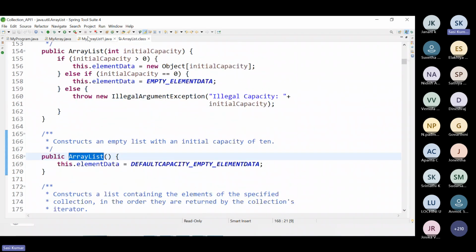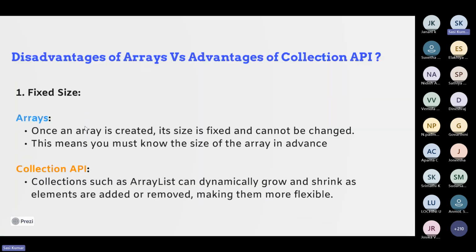So consider you are trying to add 20, 30 elements. Again the size will keep increasing, with limited spaces. So this is the main advantage. In arrays, once an array is created, it is of fixed size and it cannot be changed, neither decreased nor increased. But using the collection API or ArrayList, it can dynamically grow.